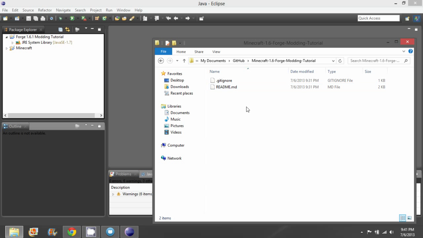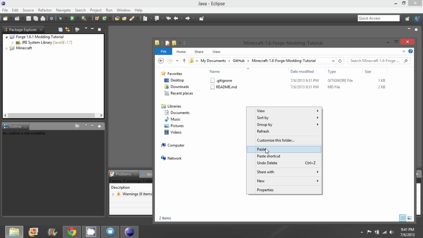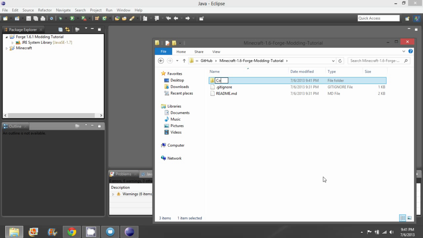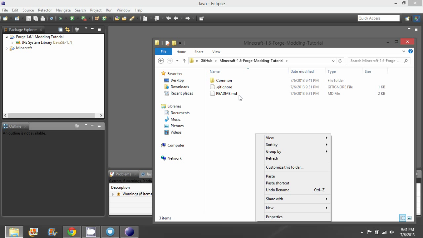I'm going to create a new folder, and I'm going to call this common. And this is where all the source code is going to go, this one folder.